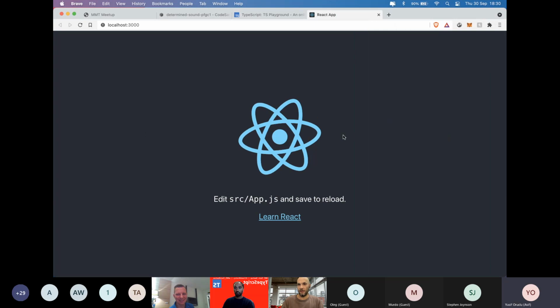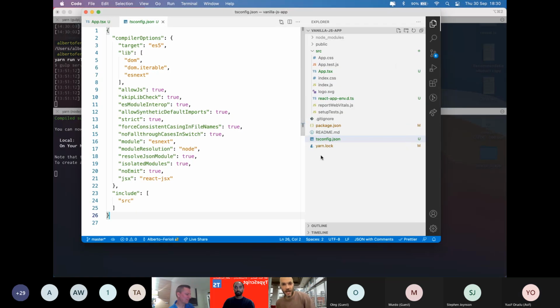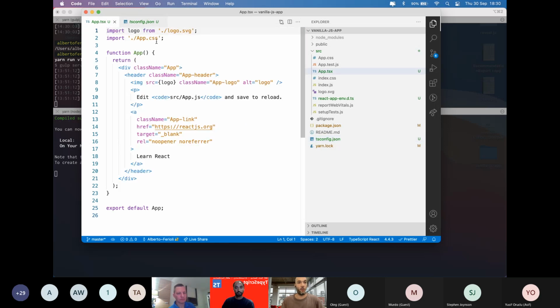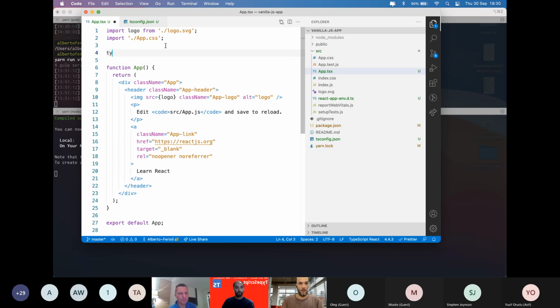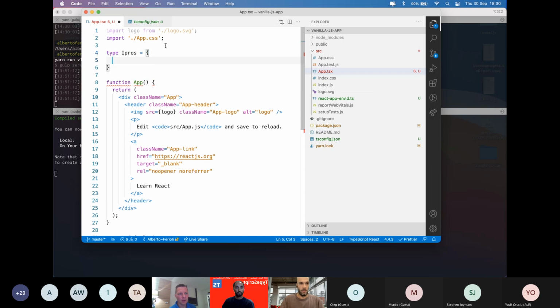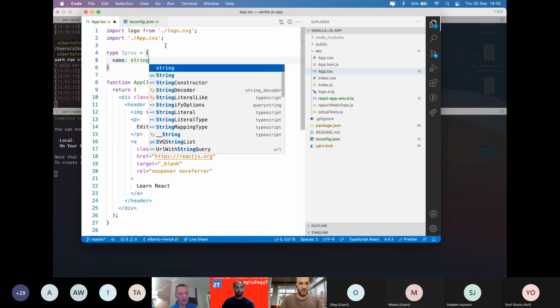Is someone muted? Okay, thank you. And we get this tsconfig JSON file and these default settings. And now our application is ready to accept any TypeScript value, basically. Name, string.